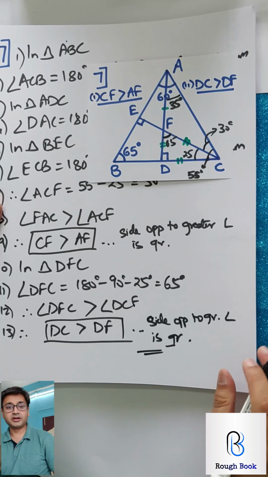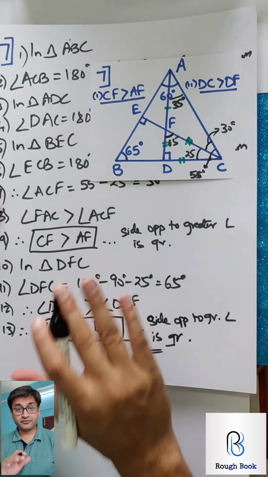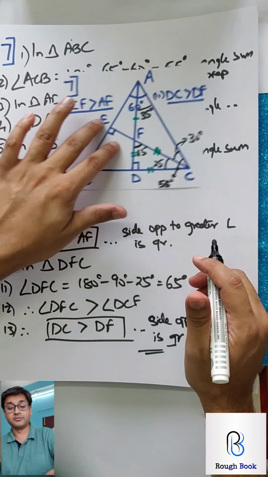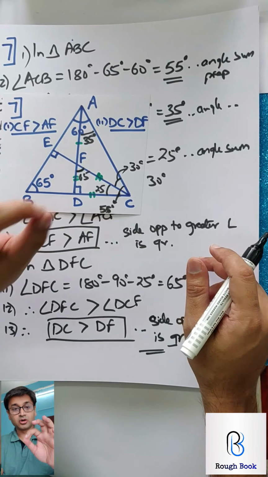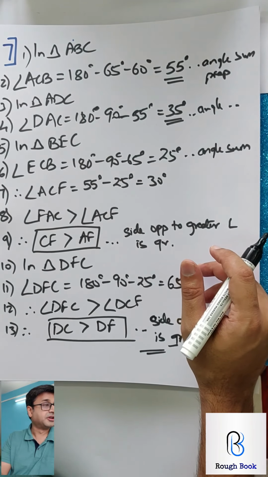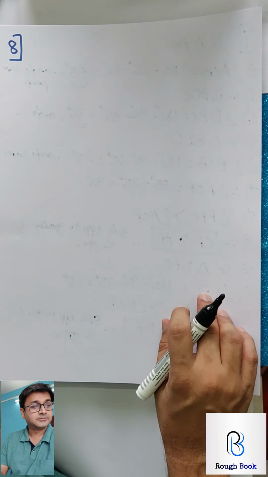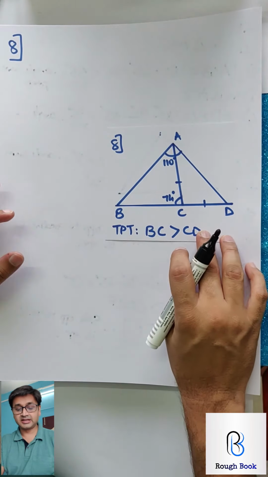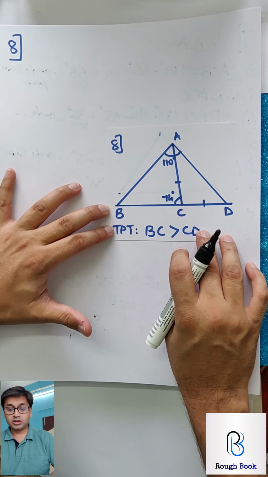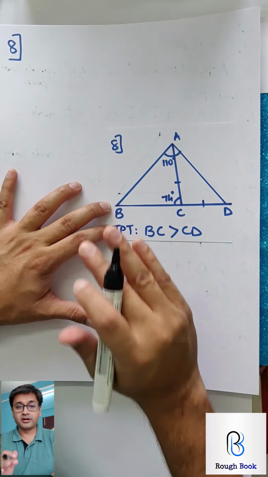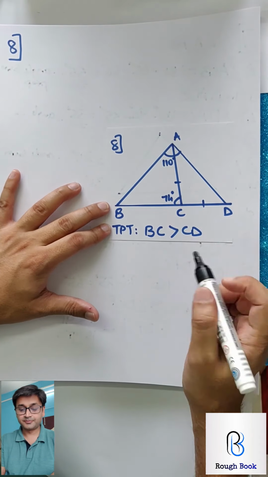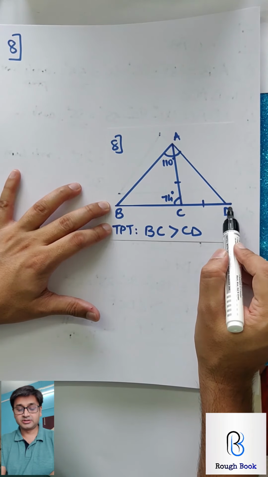Did we manage to get it now? I hope everyone's comfortable by now getting all the sums. Guys, if you got this, it is a good question. That means you are really brilliant. Great job. Let's go to the next one, sum number 8. 8 is also slightly different, but by all the practice that we did till now, I am 100% sure you'll get this. Let's hit it. They say AC is equal to CD.